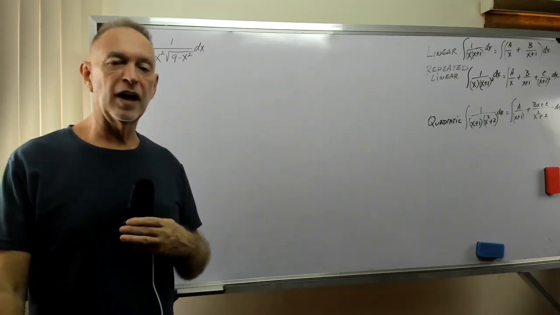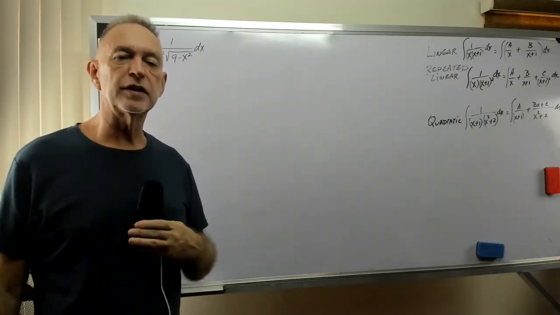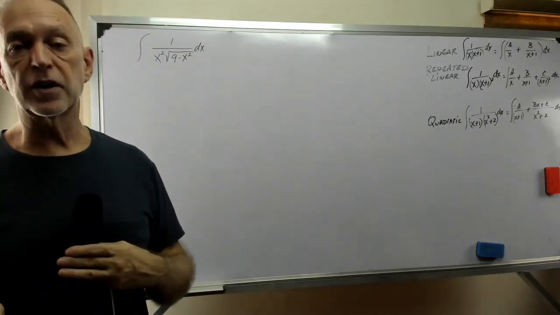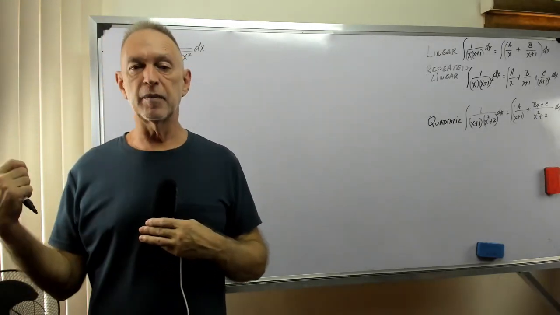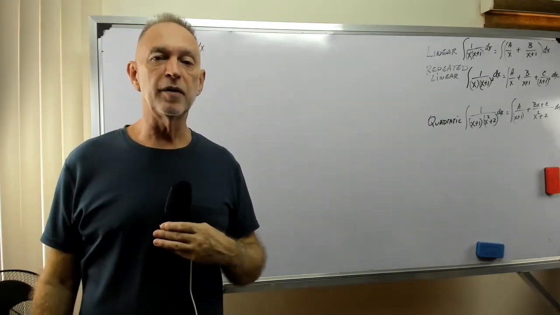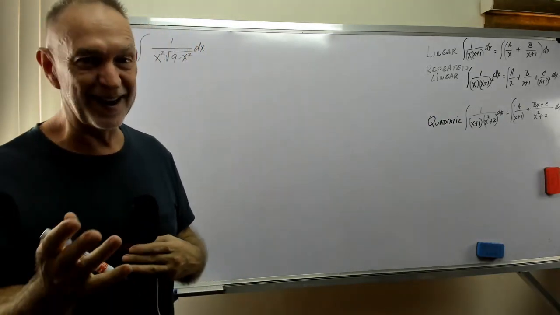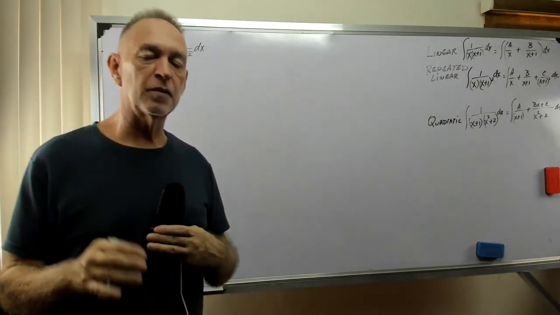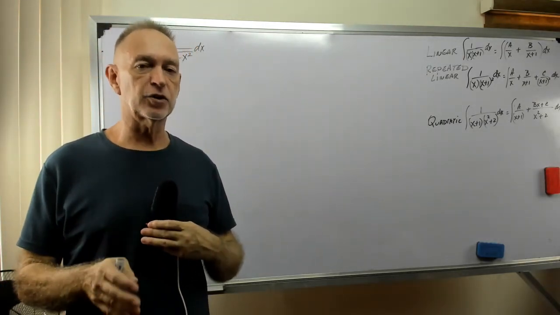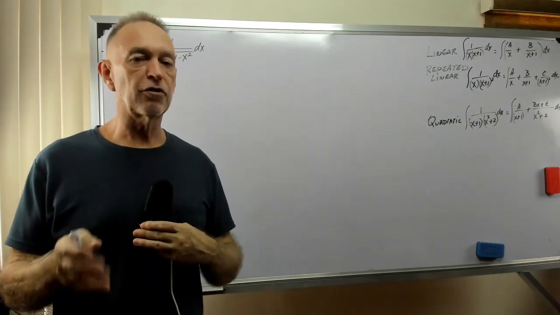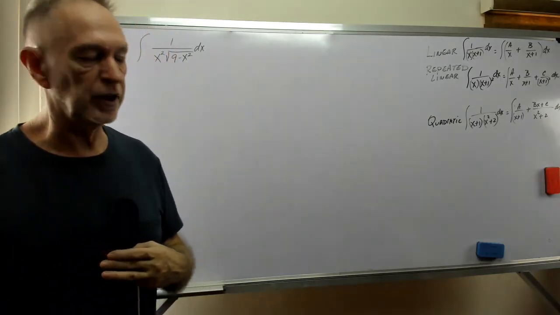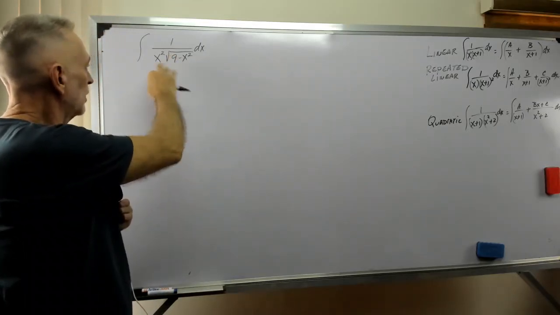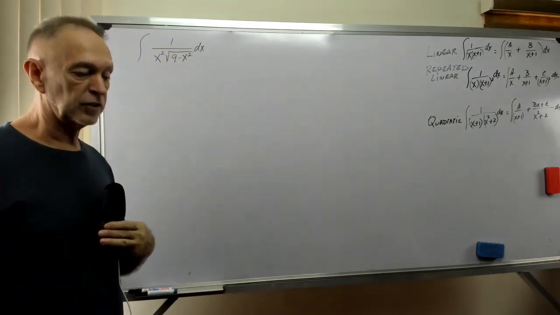Sorry I've been offline for a while, but we've been coaching some civil engineering students from Tarlac State University here. They've been coming to my home and we've been in the Kubo, thus the name Kubo Math. But the next series of videos will be some of the challenges that they experienced, and today trig sub is the subject. So we have an integral here, 1 over x squared, the square root of 9 minus x squared,